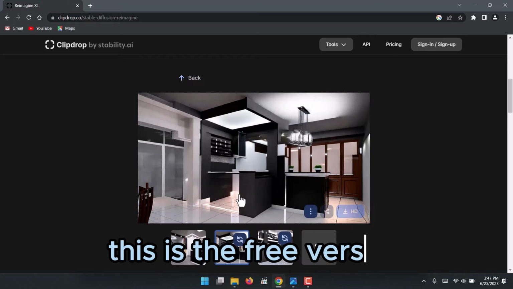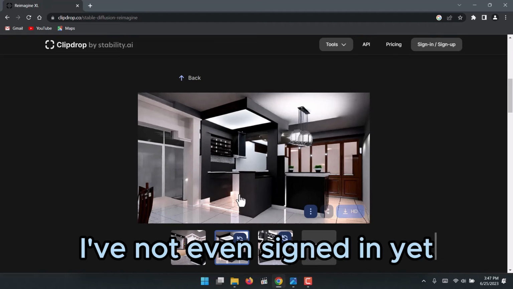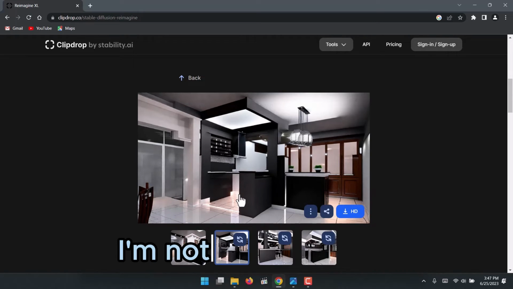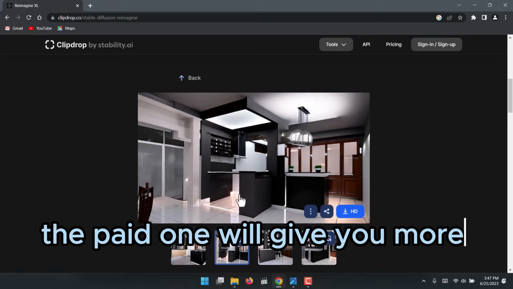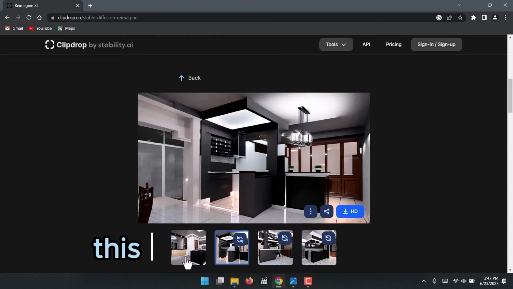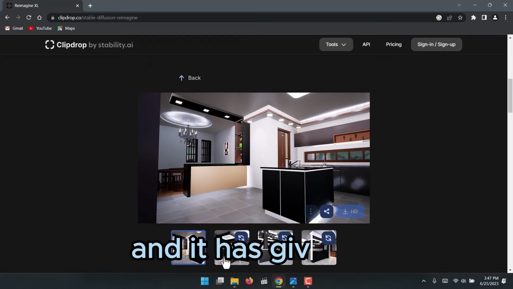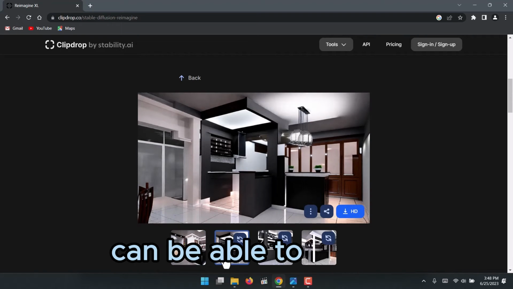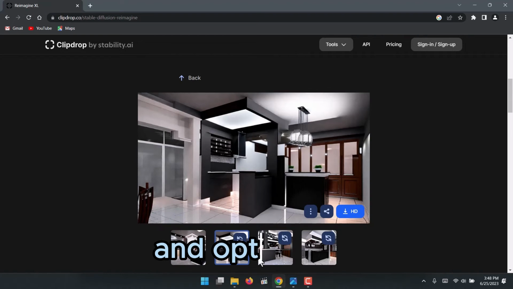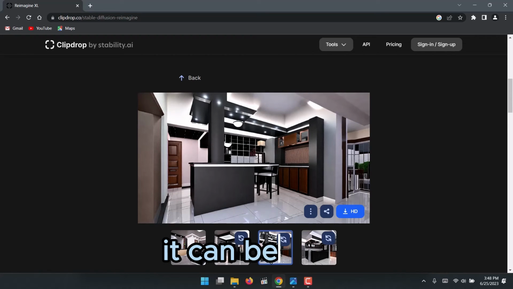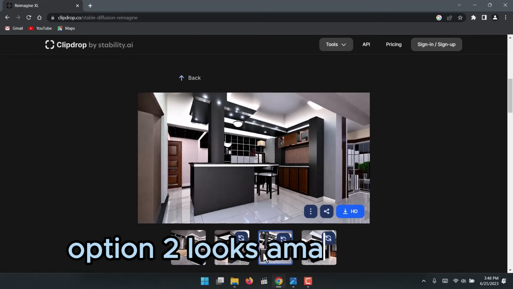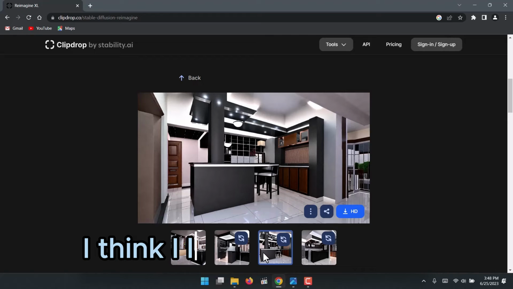This is the free version. I've not even signed in yet. I'm not sure whether the paid one will give you more options. So you can see this is our original image, and this is option 1, you can do this, and option 2, wow, option 2 looks amazing, man. I think I like option 2 more, and option 3,